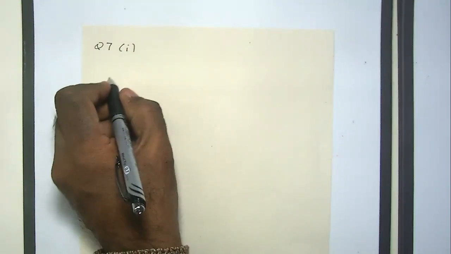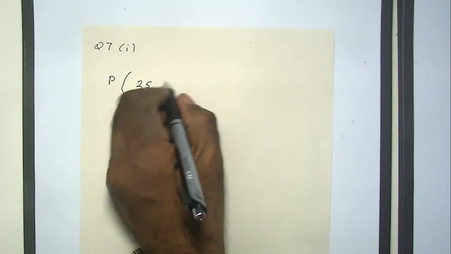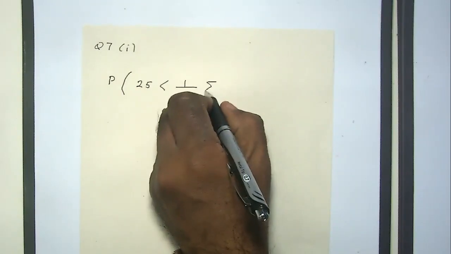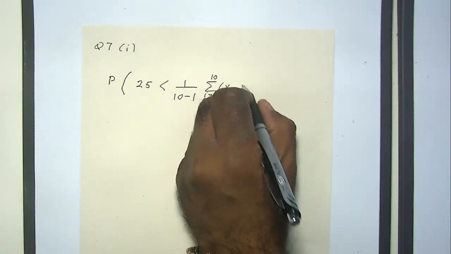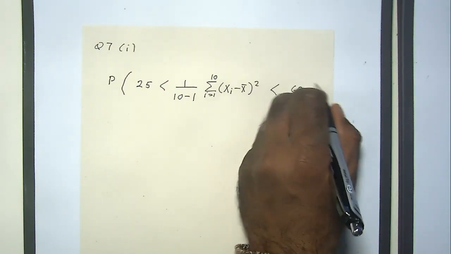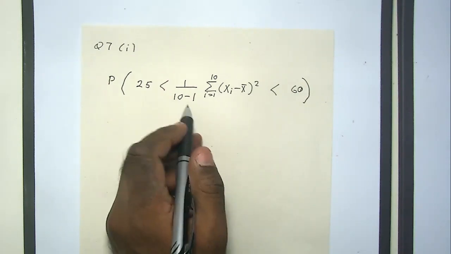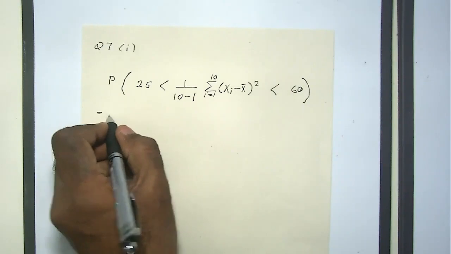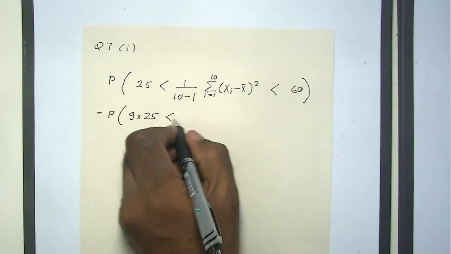The question is asking you for the probability that the sample variance, which is 1 over 10 minus 1, where 10 is the sample size, sum from 1 to 10, so you're looking for this probability. Now the first thing I'm going to do is multiply all across by 10 minus 1, which is 9. So this will be 9 times 25 less than